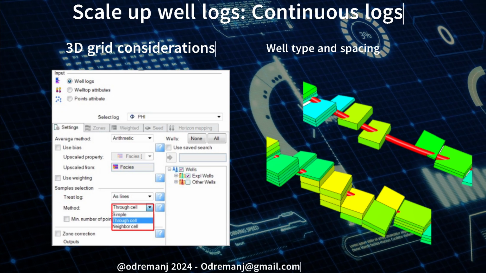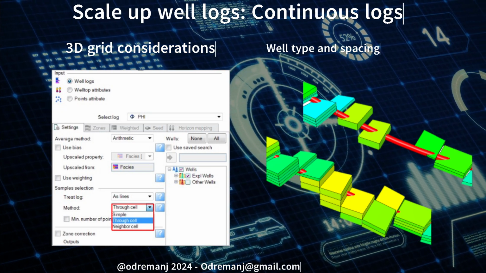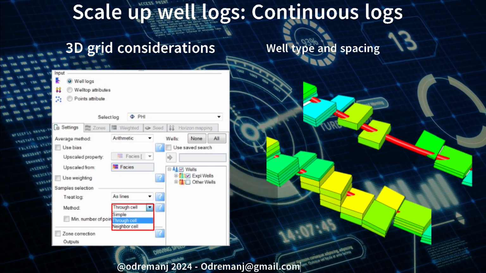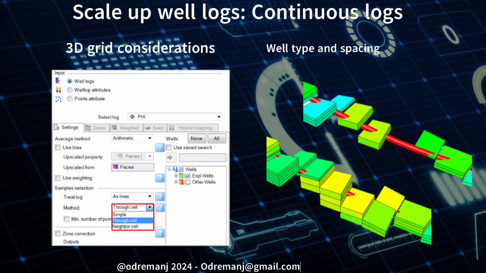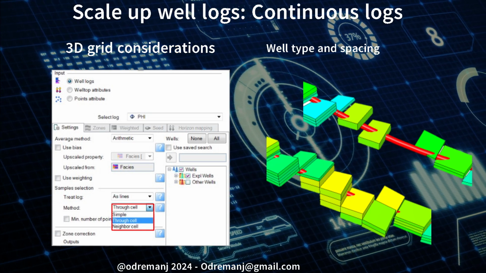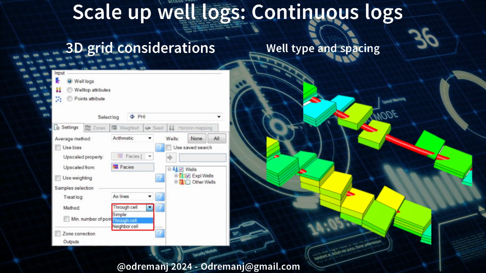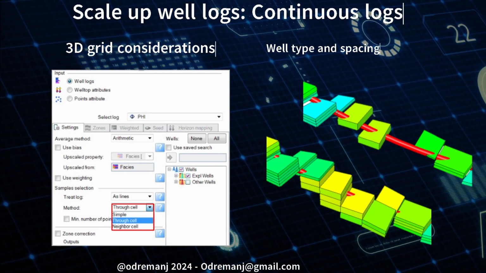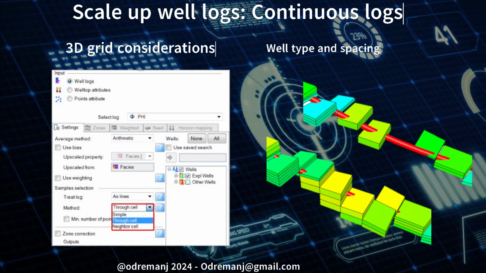This slide explains how to upscale well logs in relation to well type and spacing in a 3D grid in Petrel. It highlights 3 methods for selecting how the well data is sampled and averaged into grid cells. Simple method assigns values to all cells penetrated by the well, even if only a small part of the well